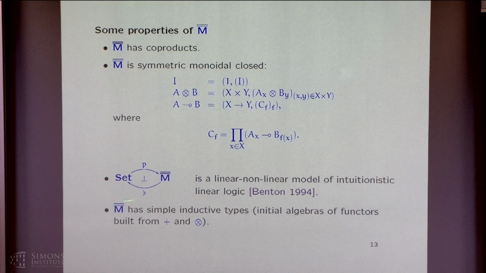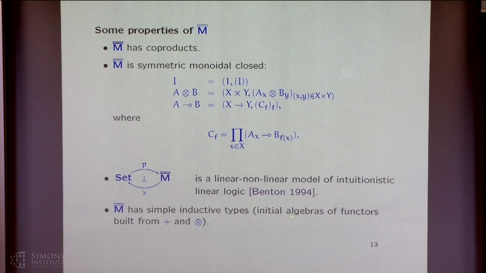We don't have colimits because I only added coproducts freely, but usually you need colimits to do initial algebras, because you want to do 0, then F of 0, then F of F of 0, and then you take the colimit of this whole sequence. That's how you construct the initial algebra for the functor F. This category only has coproducts, but it turns out that's enough to compute the initial algebras we're interested in. Namely, if you have functors built only from sum and product, then the colimit you have to compute turns out to be an infinite coproduct.